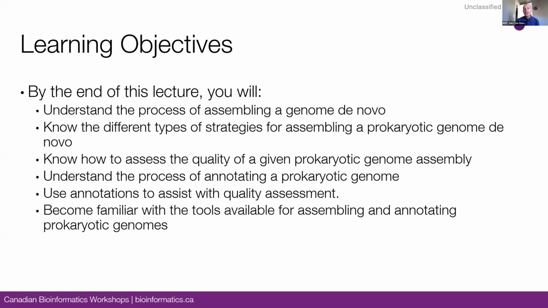So the learning objectives for this module are to understand the process of assembling a genome de novo. Jared has already covered reference mapping. That's one type. Some people consider that to be a type of assembly, reference-based assembly. We're going to take a look at some genomes without a reference, and at some of the different strategies for doing those assemblies for